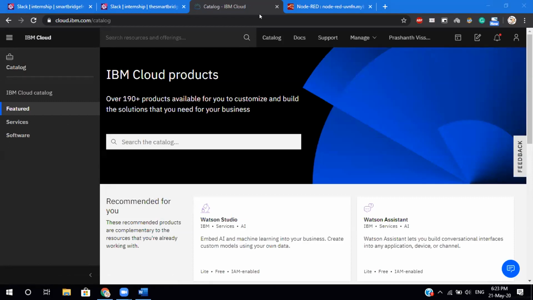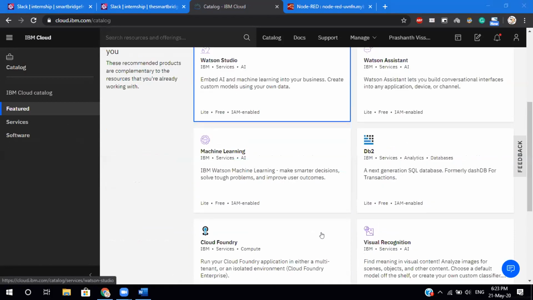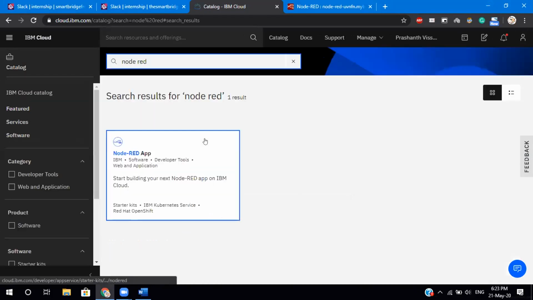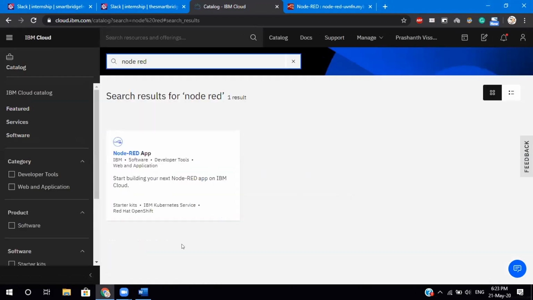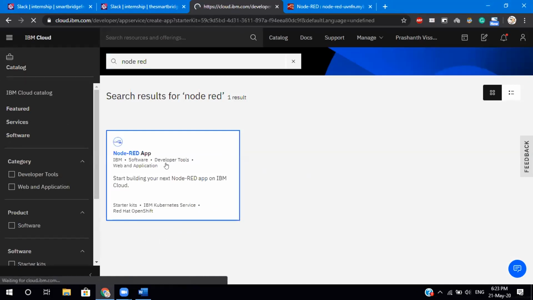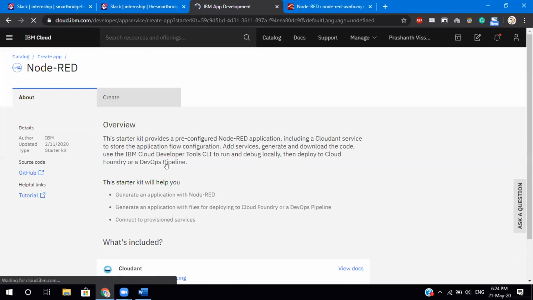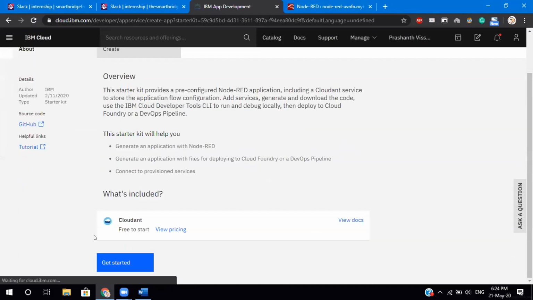We will talk about your issues a little later, but let's understand what's going on here. Okay, so when you click on create a resource, you will see this catalog page here. You can just search for Node-RED, and this one will appear, right? Click on it, and you'll click on get started.